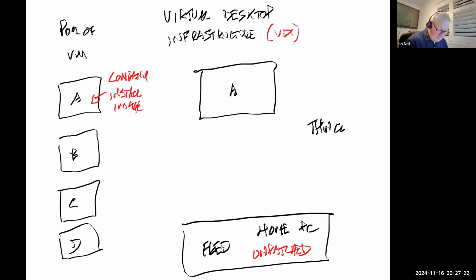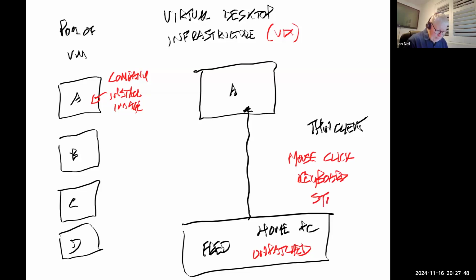Thin clients can be something like Citrix, but when he connects to the virtual machine with a thin client, all he's doing is mouse clicks and keystrokes. So really, when he looks at an image on his desktop, the image is actually over here. So there's no data going up and down.